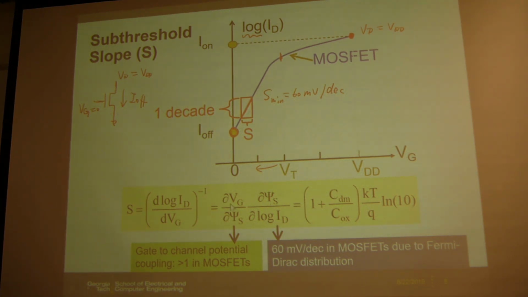The first one is the gate voltage versus phi S, which is the surface potential of the transistor. I will not go into the details. This is very device basics. This phi S is the surface potential. So basically, I can still quickly describe that. Okay. So the gate voltage, and then the channel surface